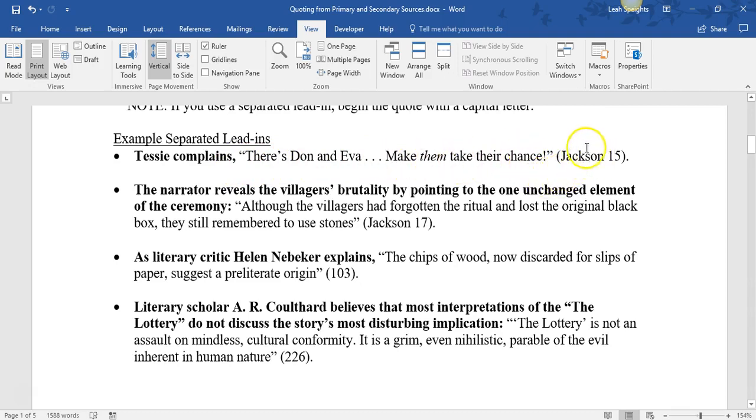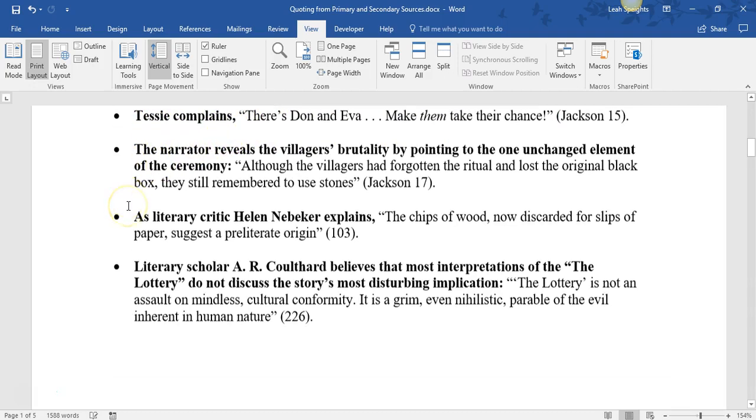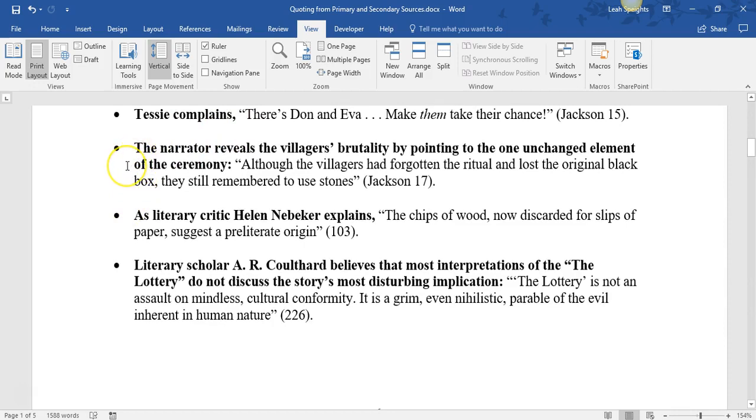And then I give you the author's last name and the page number where I found that quote in parentheses at the end with a period afterwards. Okay? So the easiest way for you to set up the lead-in is who's speaking, and a present tense verb and a comma. What you can also do is have a lead-in that is a complete